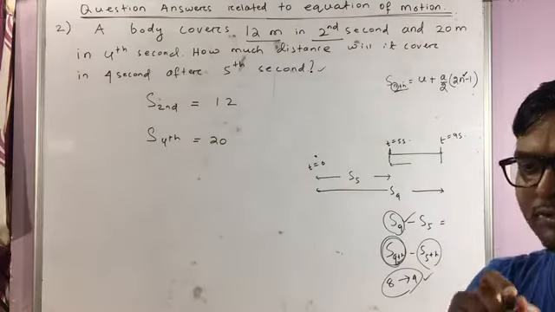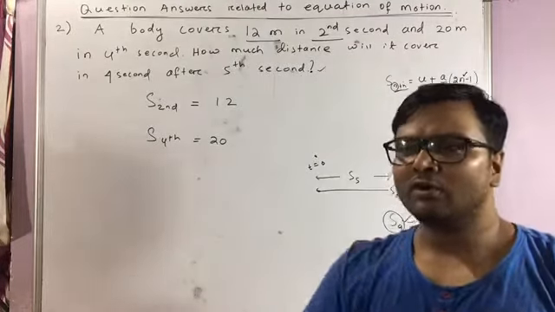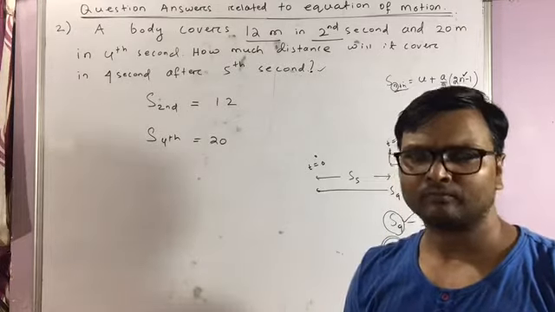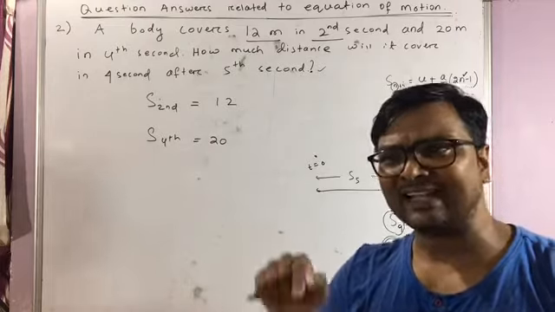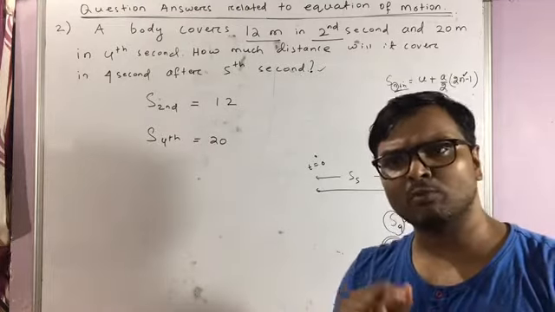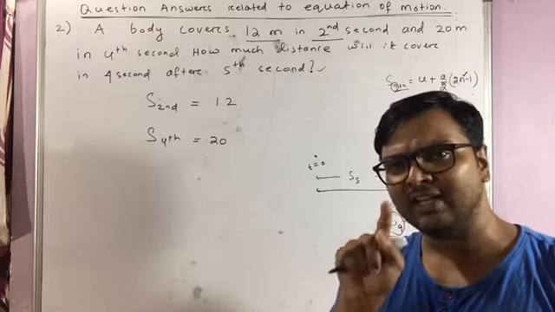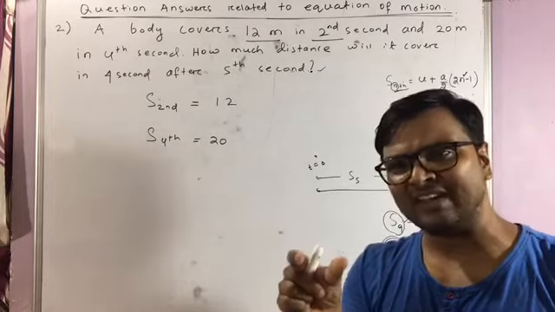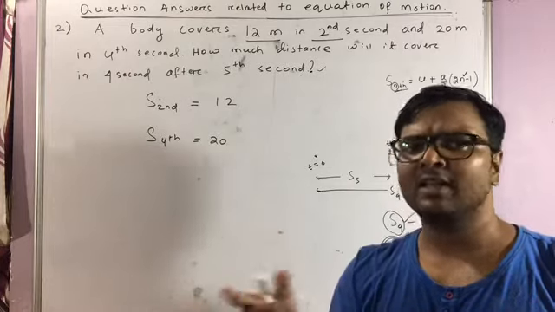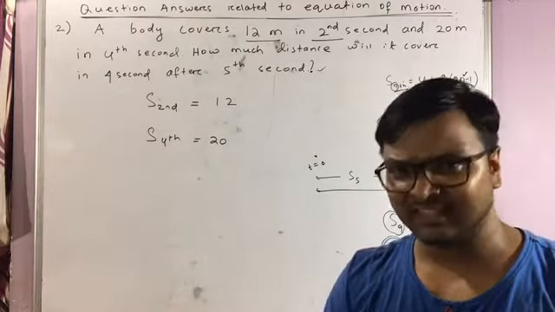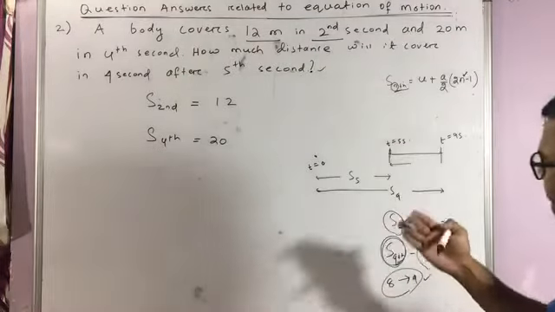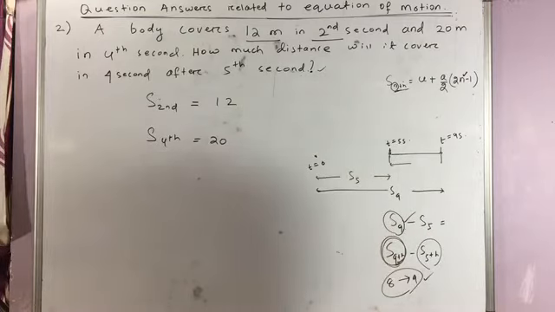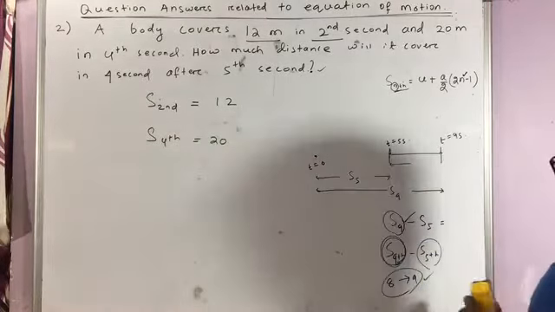Nth second means suppose a body is moving for 10 seconds. Got? So here n is equal to 10. Here S 10th means the distance moved by the body between 9 seconds and 10 seconds. Means during that 1 second, what is the distance covered? That is called your S 10th in this case. So there is a huge gap between Sn and S nth. So don't be confused. So now according to our question, we need to find out